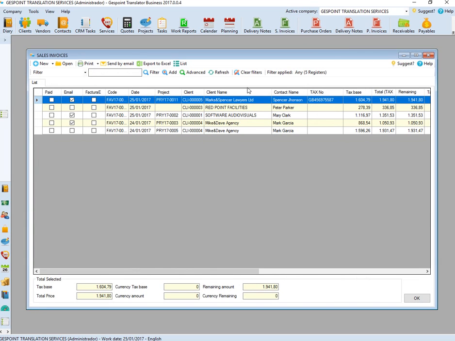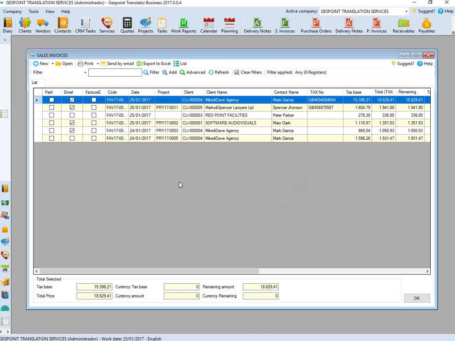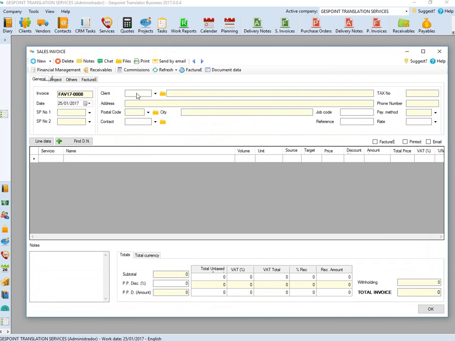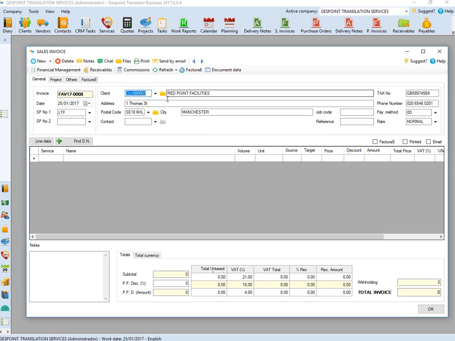And finally, as a third option, we can register an invoice manually without going through projects or quotes, simply typing the information we need by writing the price, language combination, etc. Here, new, and we just type the client we would like to work with and type, for example, general translation,